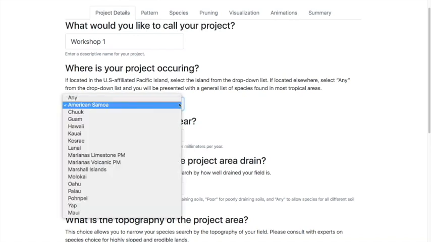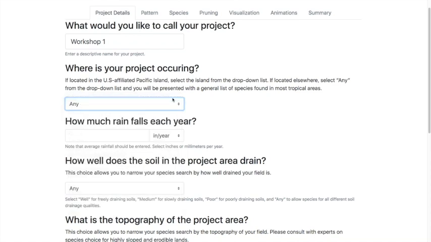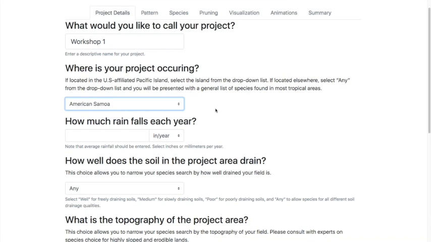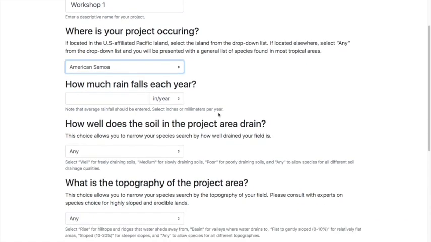Now, this tool is useful for the target project area, which is the US affiliated Pacific Islands, and has been populated with pantropical species. So if you don't find your location on this list, you can go ahead and select any. And that will give you a generalized context for species selection.